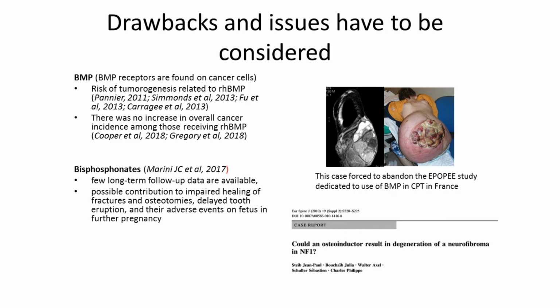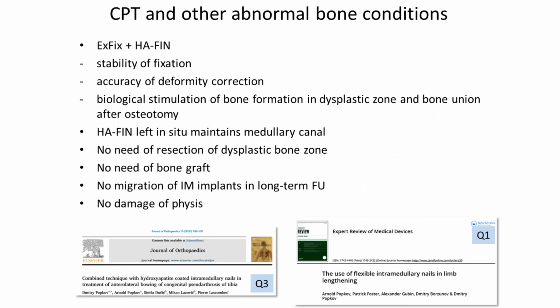Hypothesizing, I suppose, once resection of pathological periosteum and hamartoma is done, we have no more need of bisphosphonates, but local stimulation of osteogenesis remains crucial, and intramedullary nails with osteoinductive surfaces provide it. Thank you for your attention, and as conclusion we can see that in abnormal bone conditions, external fixation with hydroxyapatite coated nailing provides stability of fixation, accuracy of deformity correction